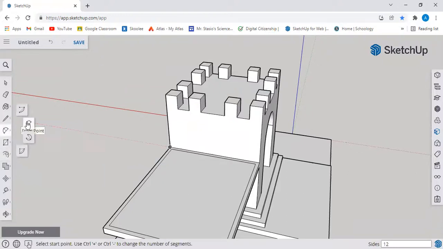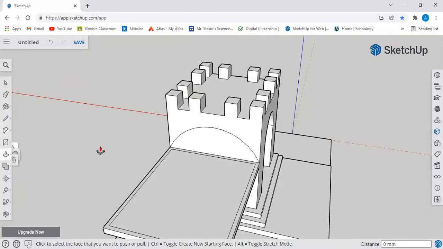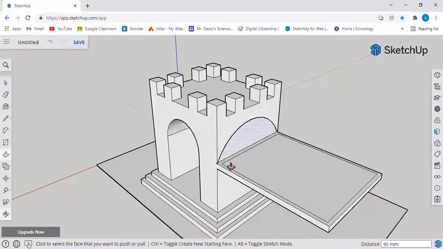And we can go back to the 2-point arc tool. To make like a door this way, and we can do this. I want to close this line. Let me first,